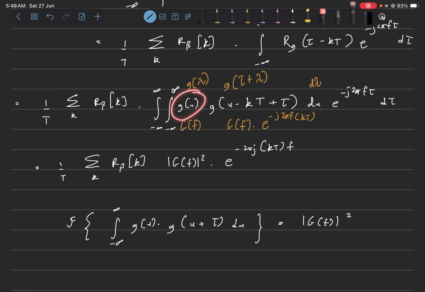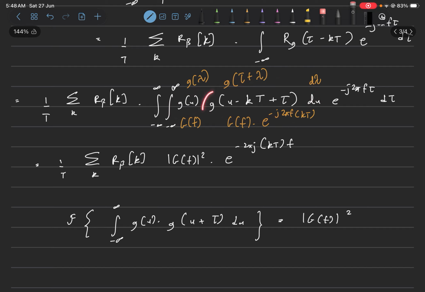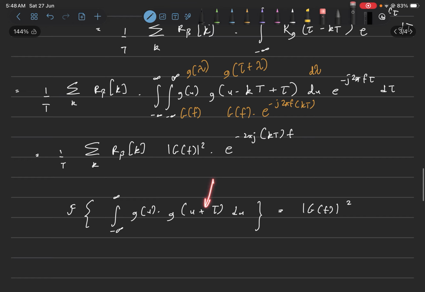the Fourier transform of this, and because this g is delayed by kt, we will also have this term for the Fourier transform of the second term in the product, for the convolution in the time domain. So we'll have a product in the frequency domain, and we'll have this delay corresponding to the second term in the time domain. Since we have an extra delay here, we'll also have the exponential factor in the evaluation of the whole Fourier transform.